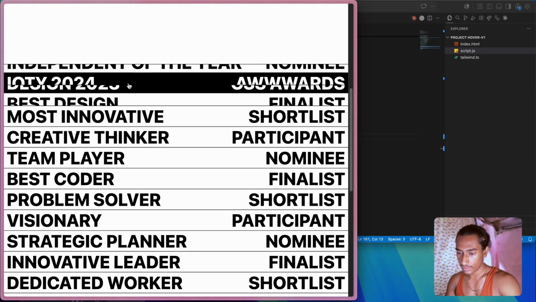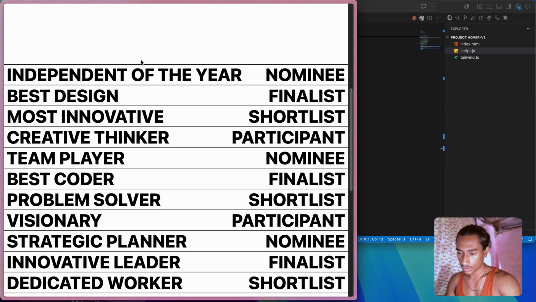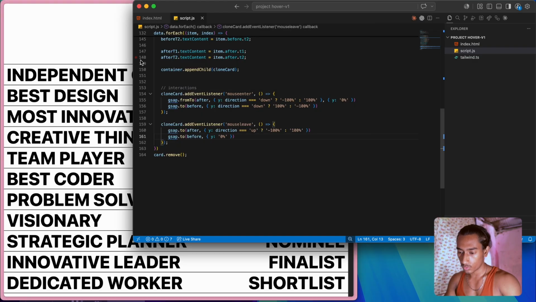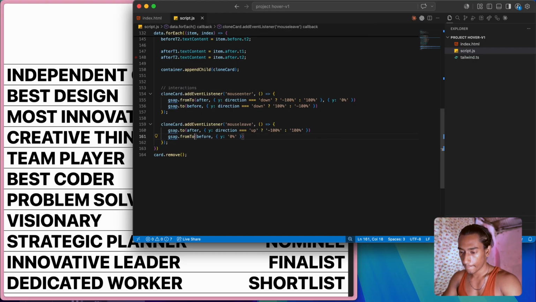So let's see, when I do this, it sometimes comes from above. So we have to fix that. We have to make it from 2. Now we have to find from where it's coming. So based on direction,